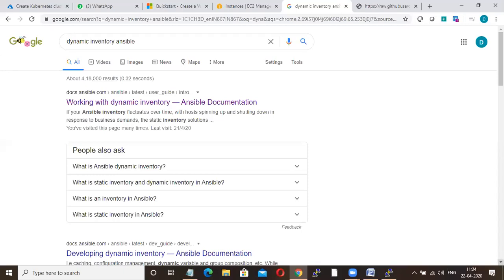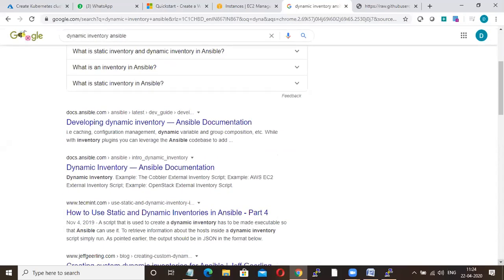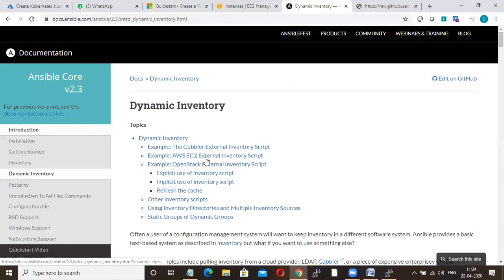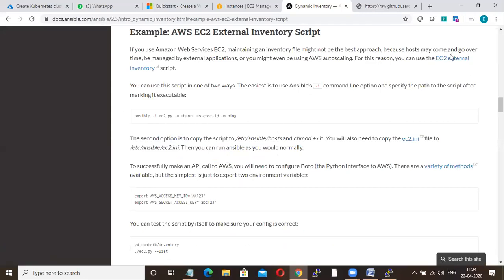Okay. So understood what is dynamic inventory? If our environment keeps on changing, we need to use dynamic inventory. So far in slaves.txt, you have configured your slave machine IPs. If your environment is static, then that method is fine.